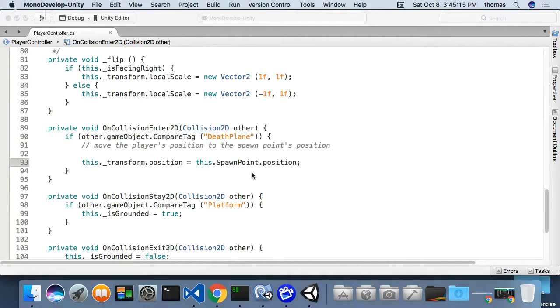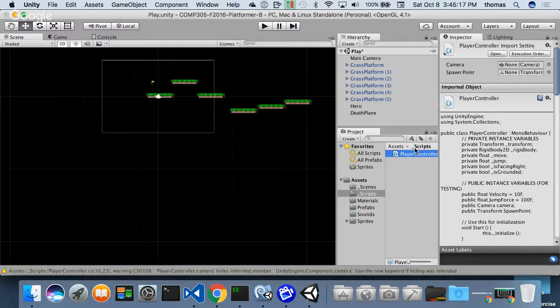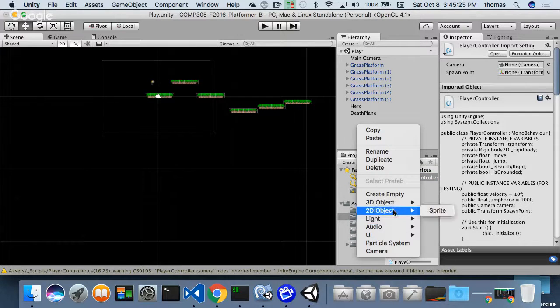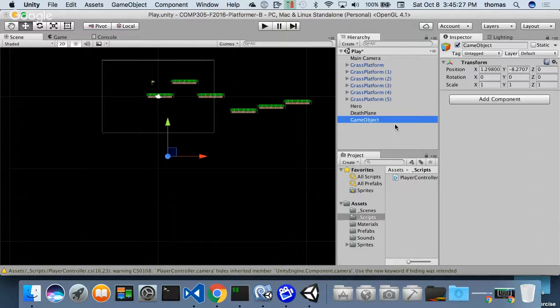Let's do this. So in order for me to make that happen, I've opened up a space for spawn point, but I don't even have a spawn point. Let's make one. So for now, I'm going to create a new empty object. We're going to call it spawn point. There we go. Spawn point. It's just an empty object. If I can spell properly, spawn point